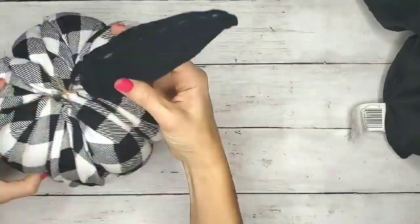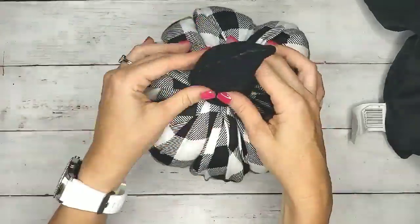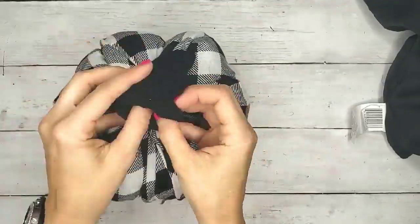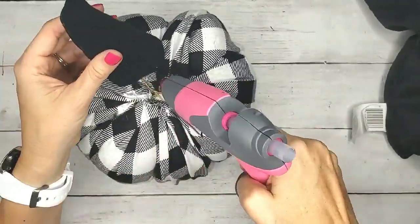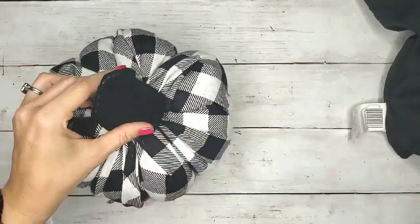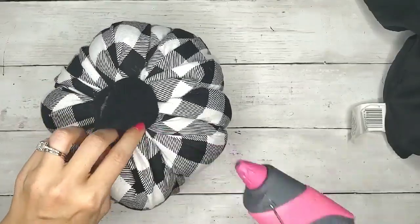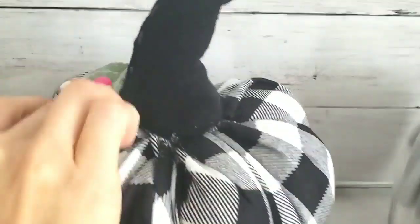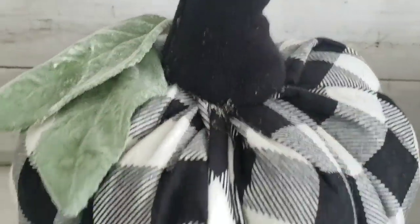And I turned whatever remaining fabric I had inside out, and then placed it on my pumpkin using my glue gun. And so I just kind of glued it in place and glued that little stem down to the pumpkin. And then I just kind of manipulated the tip of it so it curved a little bit and appeared to be like a pumpkin stem. And then you can add some greenery like this lamb's ear. I just stuck mine to the pumpkin using a little push pin. You don't even have to glue it down, just because I use this little greenery a lot in my home